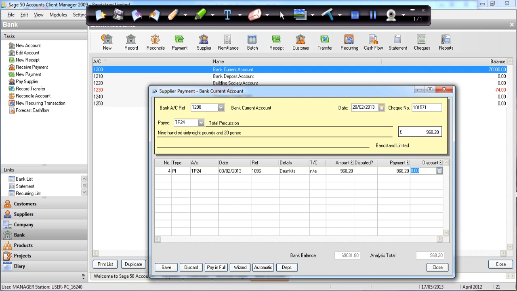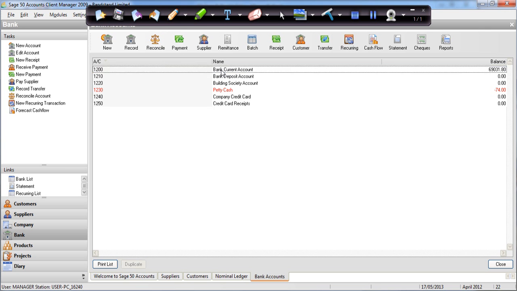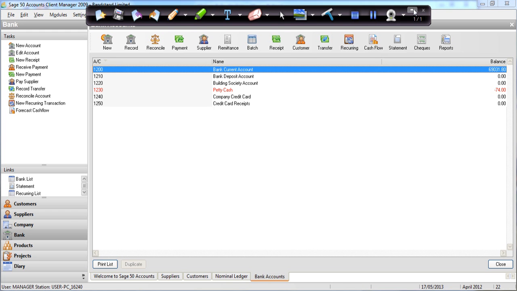Okay. So again, just check those details are correct before you save anything. Remember, once you save, it is posted to the accounts. So that looks correct to me. So I'm going to save. Okay. Now I'm going to show you two things. As I said, that will now be posted to the bank. So if I go into my bank current account, if you go here, just click twice to open up the